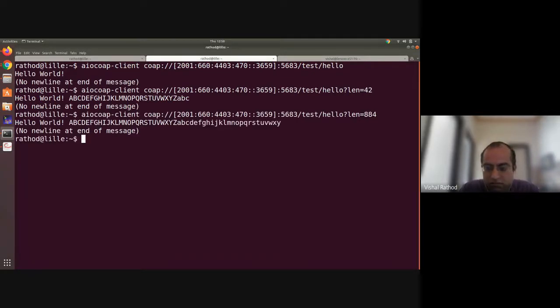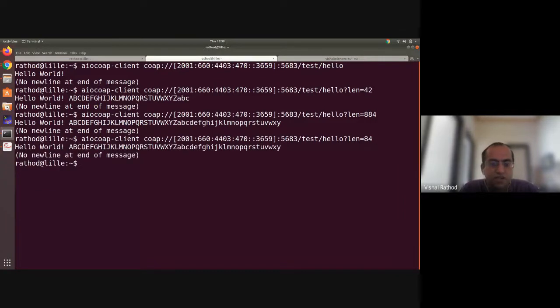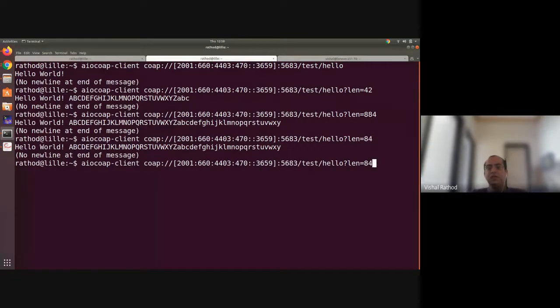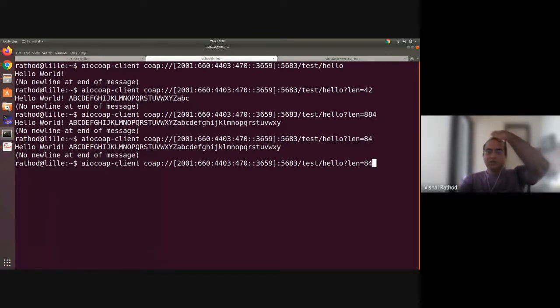Sorry, 884 is not there, 84. So you can see that 84 is the maximum. By using this, you can access the resources, and by using the client, you can send the request to the server. This is one of the common examples of CoAP, the Constrained Application Protocol, right?